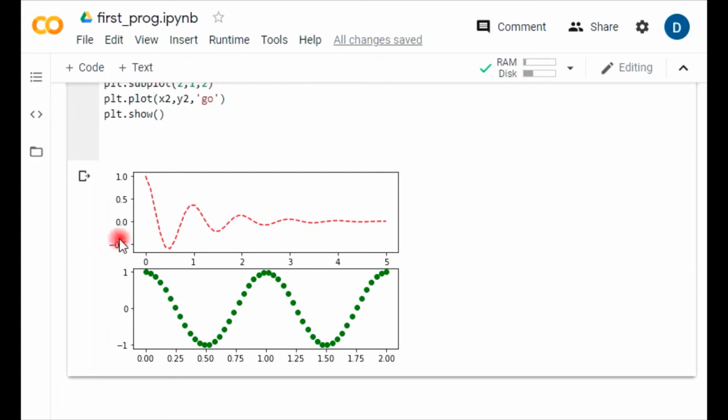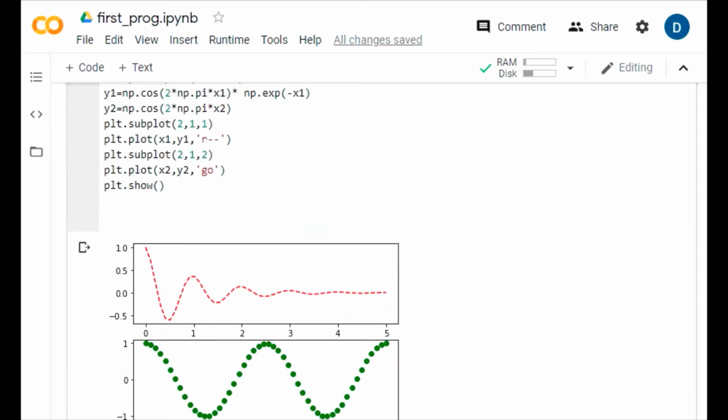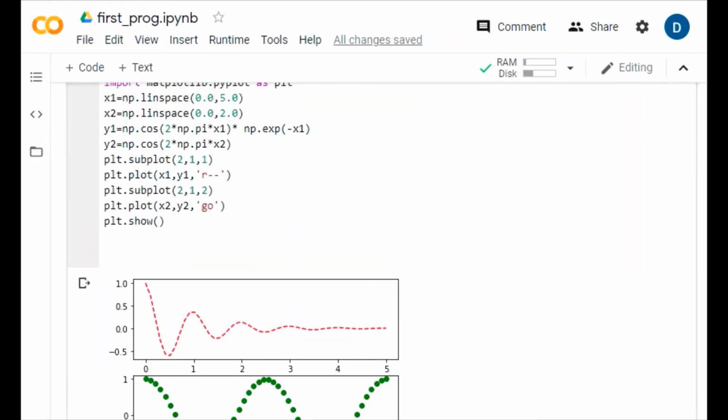See, the same graph has been converted into this one. Similarly, you can add the title, you can add the x-axis label, you can add the y-axis label. All these things are possible here. So I'm simply giving only the labels that you can give to damped or undamped. I'm just providing only the y label for your convenience. So in plot number 1, it is a subplot. I can give a label to it.